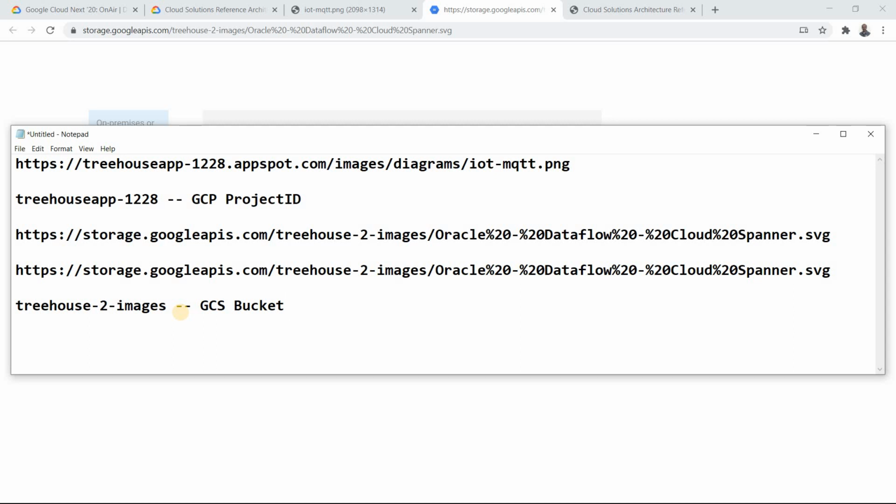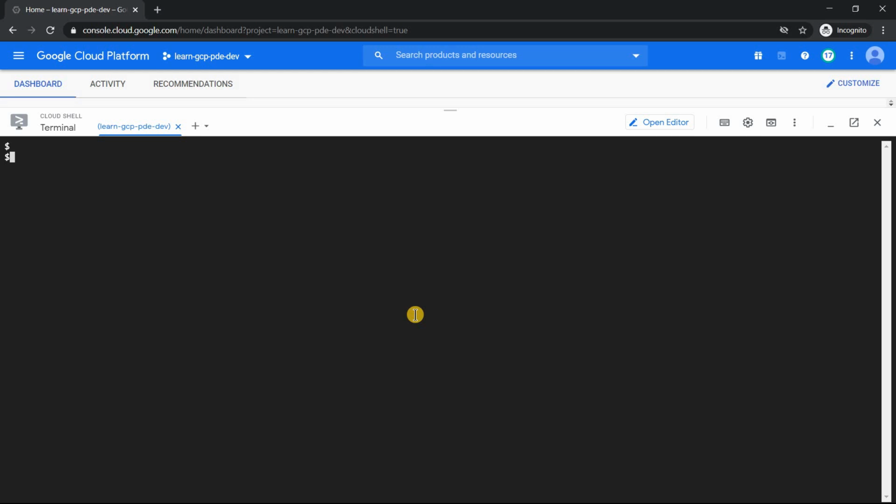If you disclose such things, I can show you what can happen by doing a little bit of a hack. I have launched my Cloud Shell. We know the bucket name is the one we saw in our notepad.